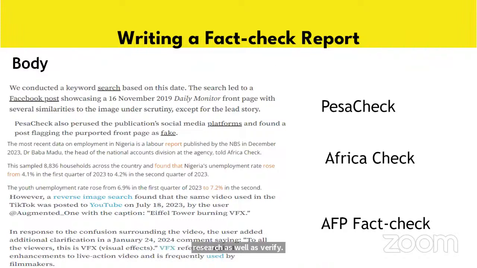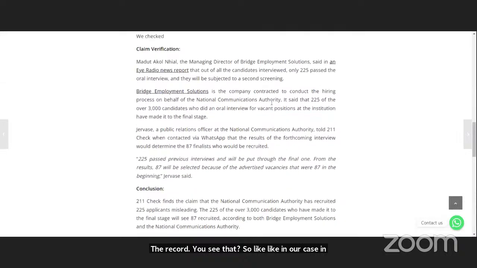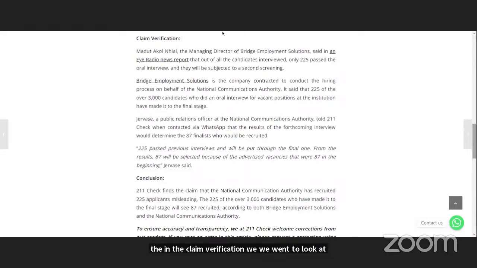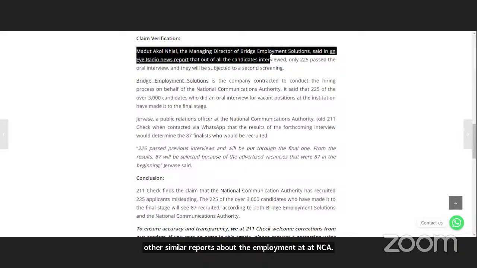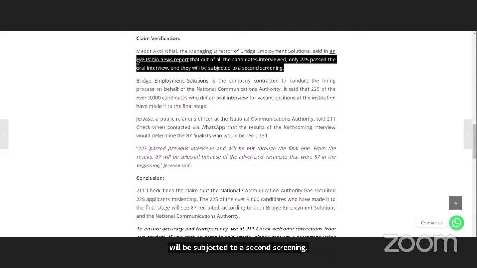You see that? So like in our case, in the example for the 211 check one, in the claim verification, we went to look at other similar reports about the employment at NCA. So here we looked at the company that was contracted to do the recruitment process. The managing director of the company said in an iRadio News report that out of those interviewed, 225 passed the interview, and these 225 will be subjected to a second screening, and not that they have been recruited. You see,